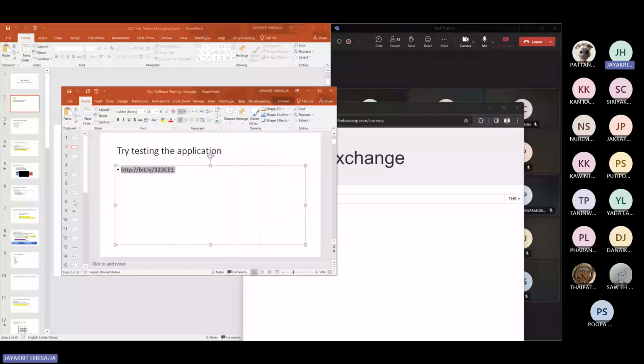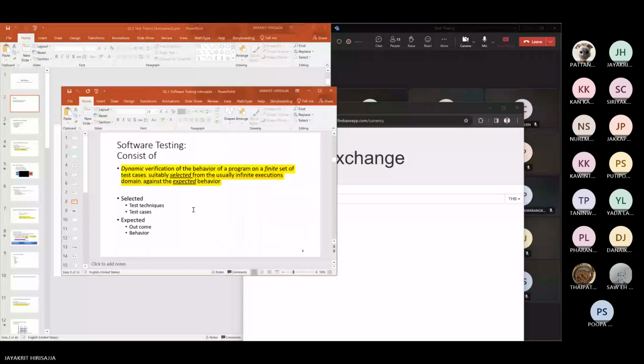And the guideline is that the basic theory is that we should perform dynamic verification of the behavior of a program on a finite set of test cases, which is suitably selected from the usually infinite execution domain, against the expected behavior. What does this mean for infinite execution domain? It means that